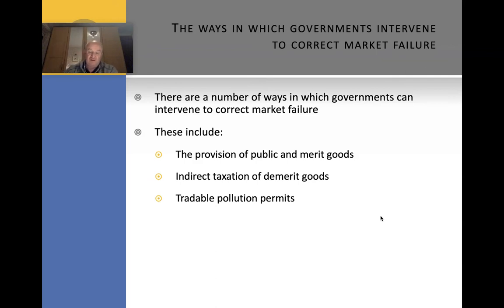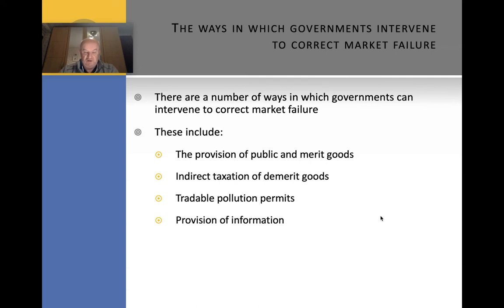There are other examples like tradable pollution permits, which we'll look at in a bit more detail, where effectively businesses are incentivized in some ways to not pollute, and the way in which that works is quite an interesting principle that we'll take a look at in a minute. The provision of information, so in some instances where there is asymmetric information and consumers don't necessarily have the full story, the government will provide that extra information for consumers to be able to make more rational